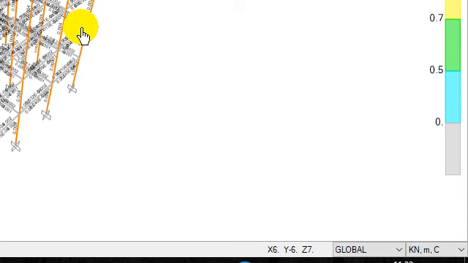Now everything is safe. In case some members are not passing, or if you get any warning, then you change the dimensions in the corresponding floors. Why for the particular floor am I asking you to change the dimensions? It will give uniformity in the load transferring mechanism.